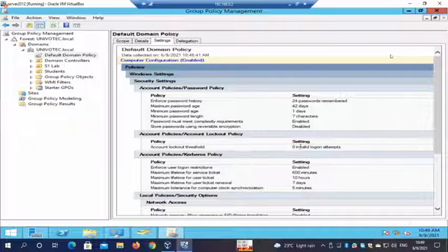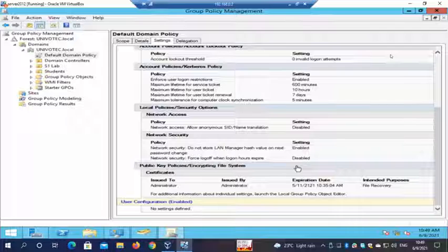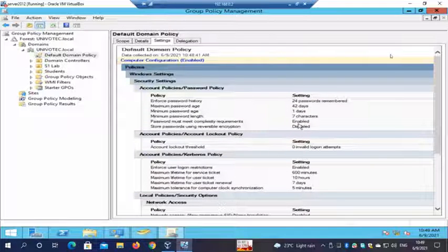Then account lockout is not actually enabled, right? So there are some other things which are there. So these are the current settings which have been applied. If I want to change any of this or add additional settings to the default domain policy, I have to edit it.